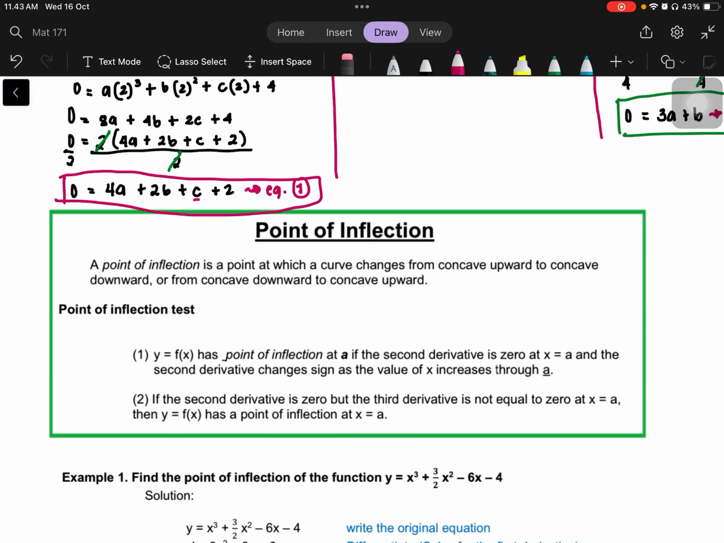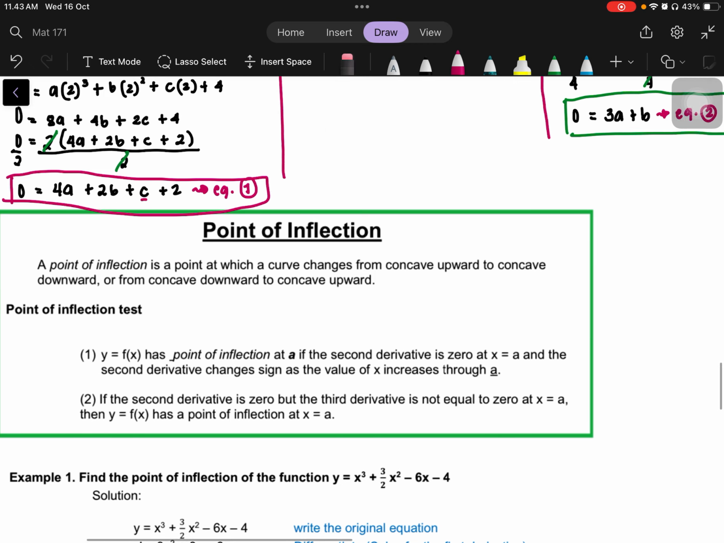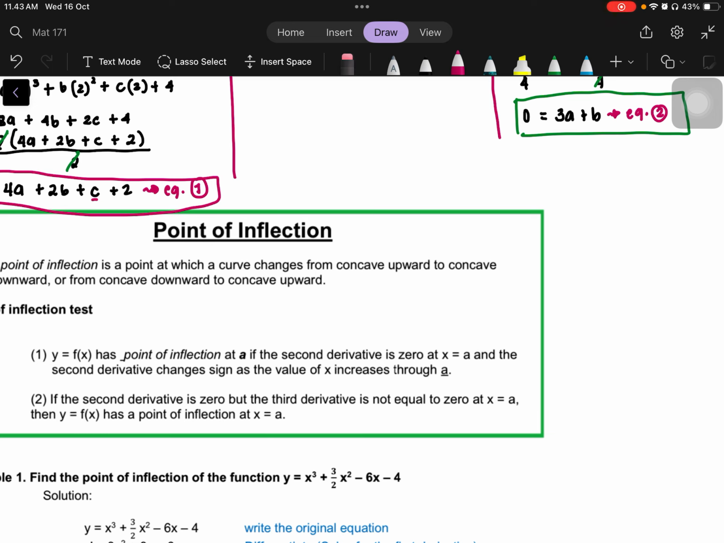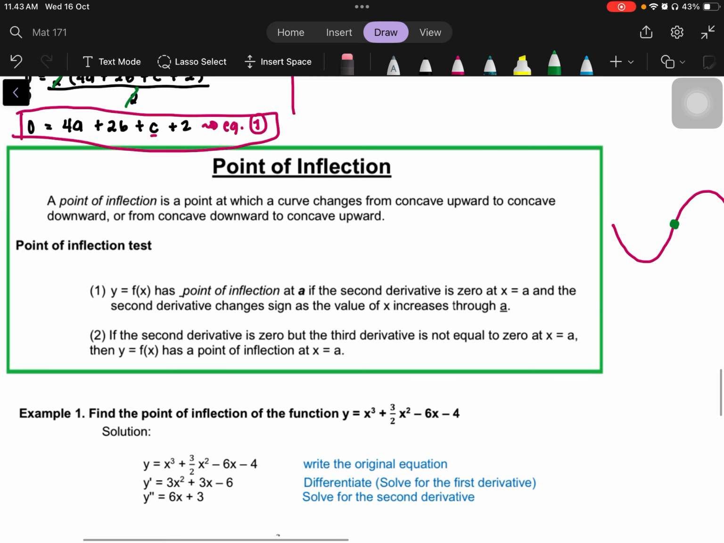So when we say point of inflection, it is a point at which a curve changes from concave upward to concave downward, or from concave downward to concave upward. So, ibig sabihin parang gitna. Kung halimbawa ito, meron kang nagawang concave upward, and then siya ay nag-concave downward. So, ito yung tinatawag natin ngayon na point of inflection, kung saan siya nag-start. Okay? So, dito lang sa atin, for the point of inflection test,